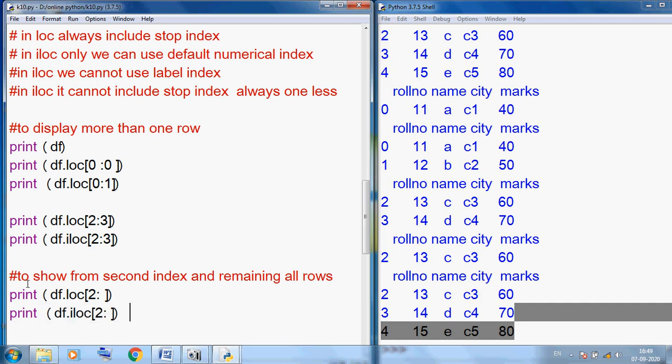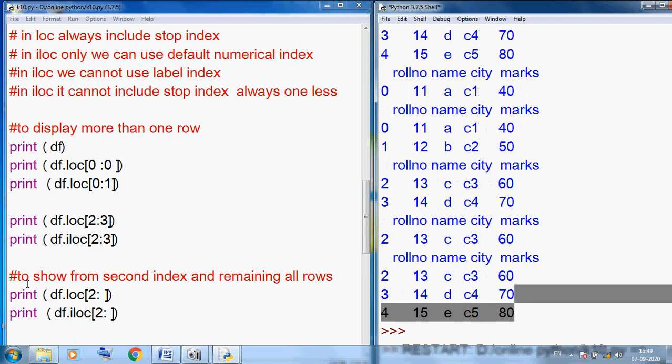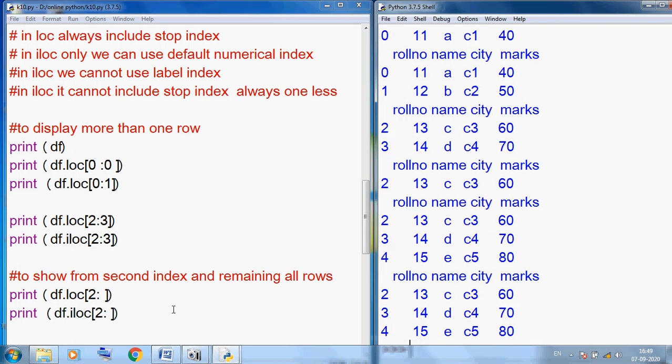Both will give the same output because the remaining rows are all covered.